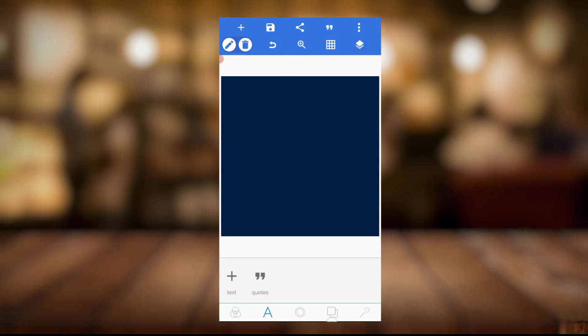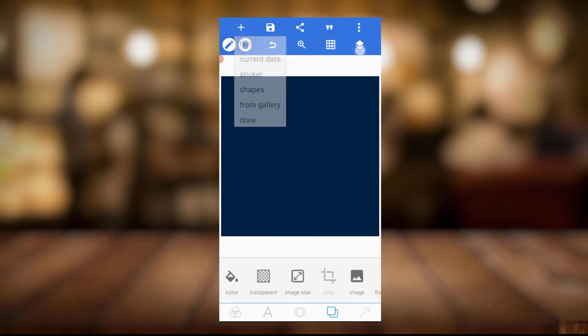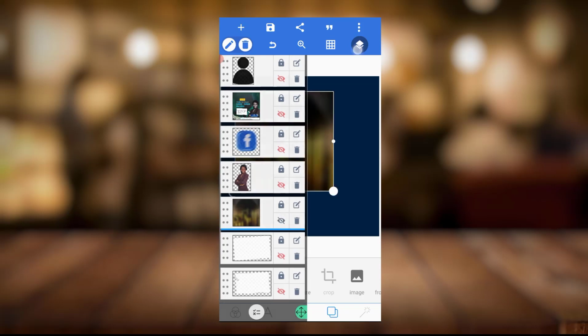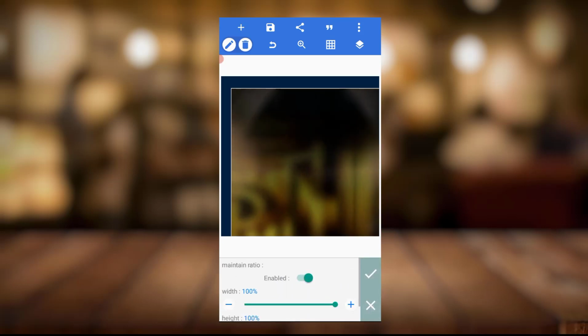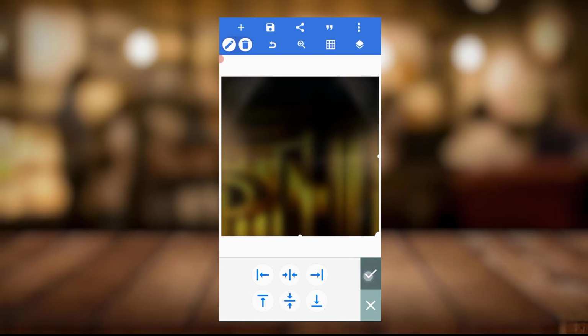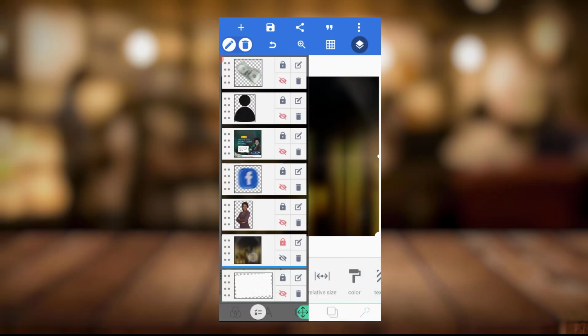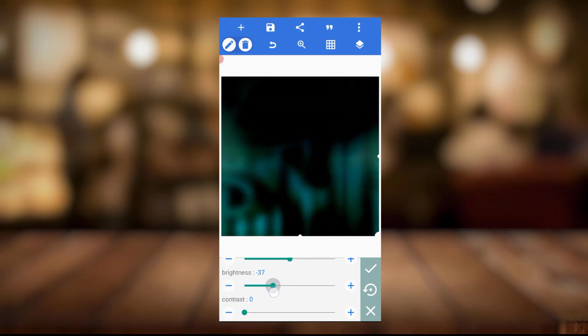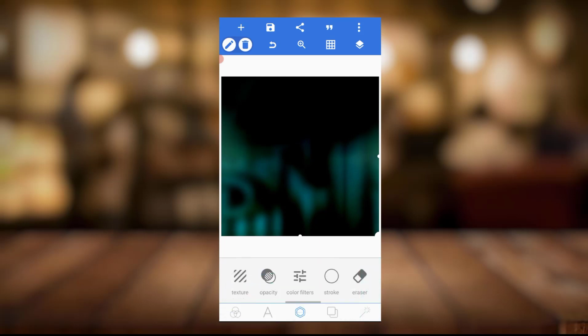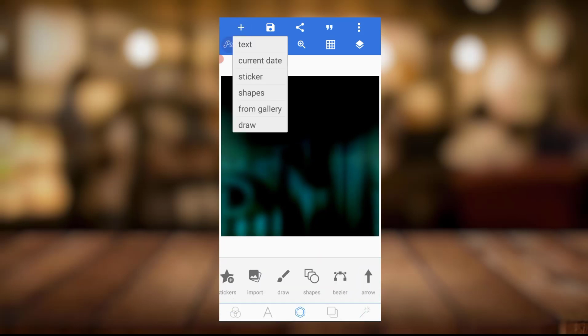So the first thing is this: the background is not necessary, so that's why we won't be talking about it. The next thing we'll be doing is I have every element I want here. So it's this guy. Stretch this to relative position this way, then I will lock it. I'll come to color filter, then hue of 120, brightness of 140. So I'll come to shape,